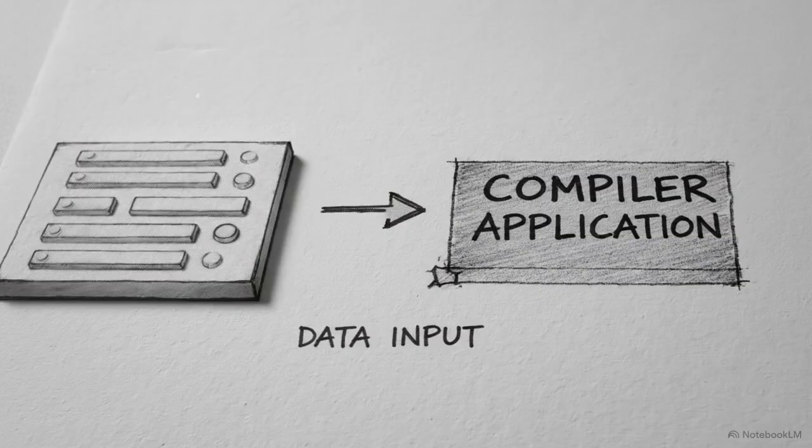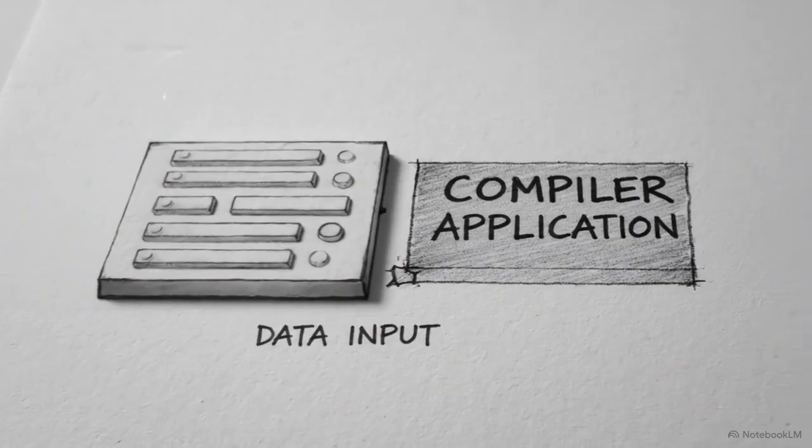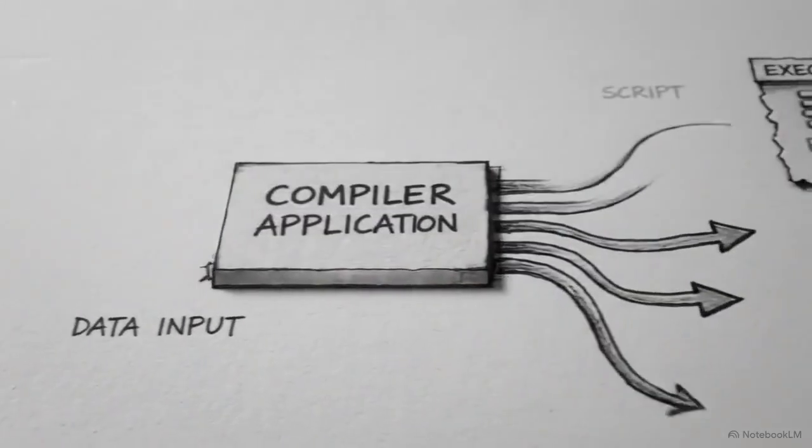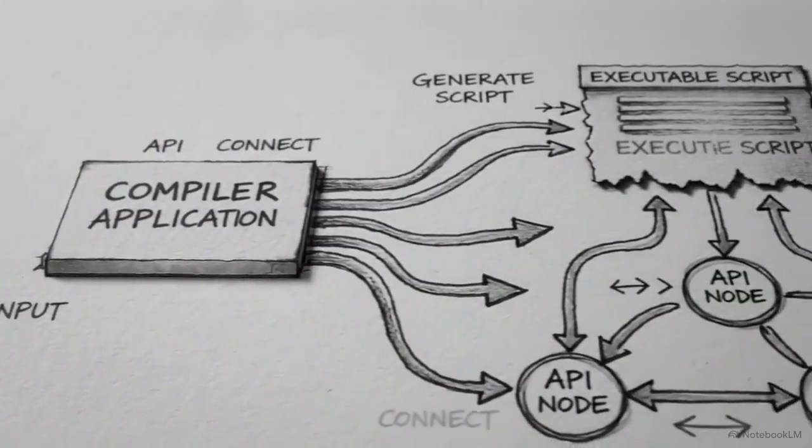Engineering teams must abandon static text instructions. In a rapidly evolving ecosystem, prompts are dynamic, compilable artifacts that automatically bridge the gap